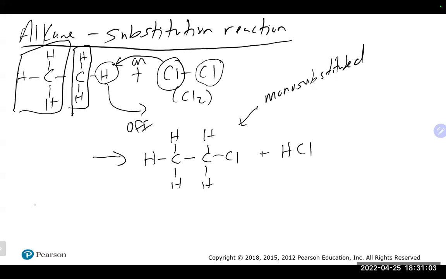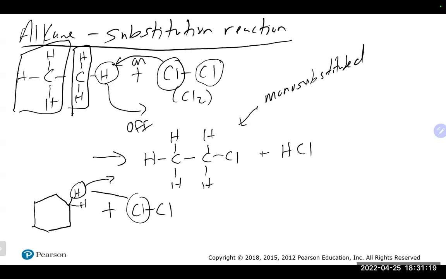Also works the same like on a ring type situation, a cycloalkane. Although they're not typically drawn, there are hydrogens off of each of those carbons. So if you did the same type of deal here, one of those hydrogens comes off, one of the chlorines go on, and everything remains exactly the same. Nothing opens up, nothing goes crazy. You just put a Cl on there. And again, you get your HCl in this case.